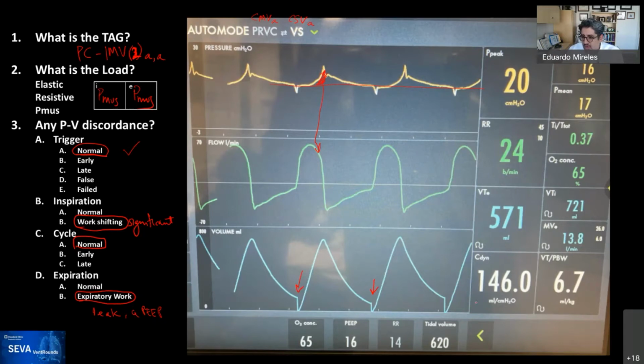So if it's constant, the discrepancy is likely due to a leak or a dysfunctional sensor or a miscalculation on the ventilator. So whenever you see this persistently, that's not auto-PEEP. You may see the auto-PEEP intermittently as you start auto-peeping, but then you eventually will reach a